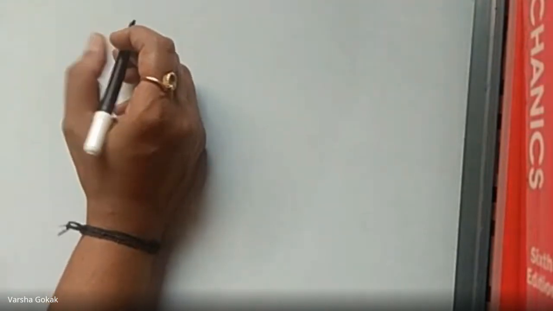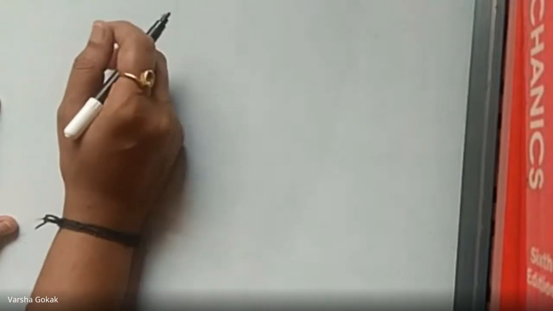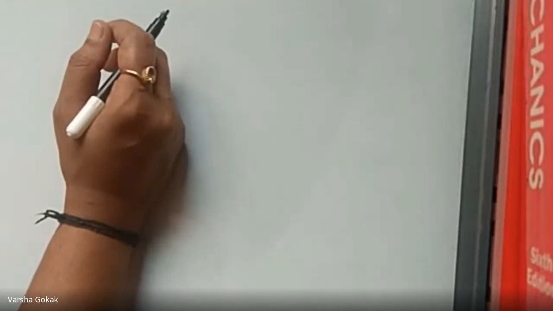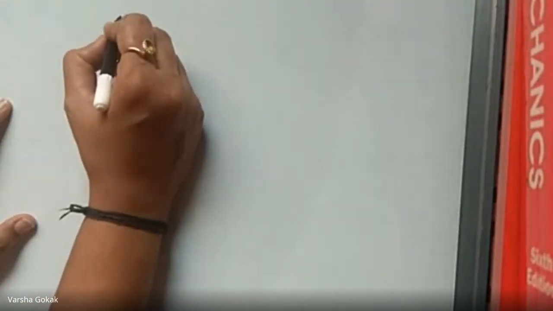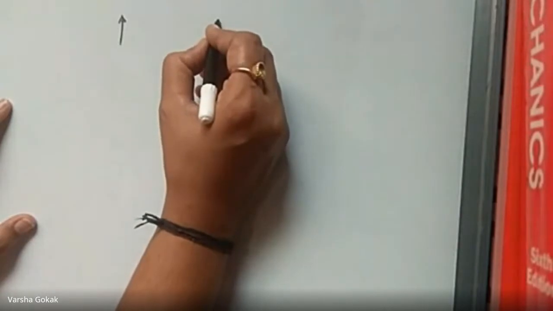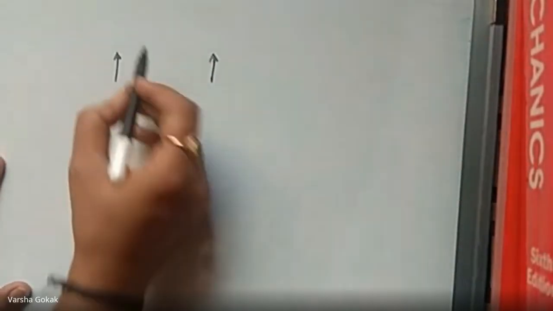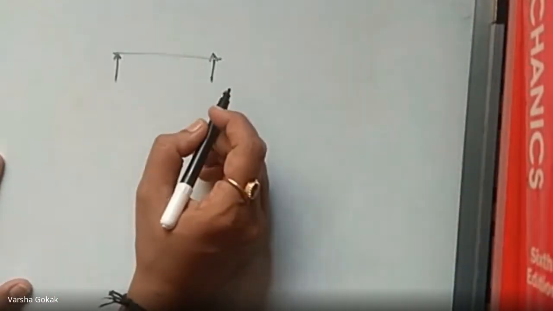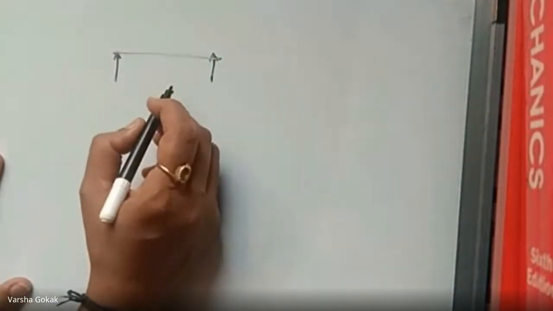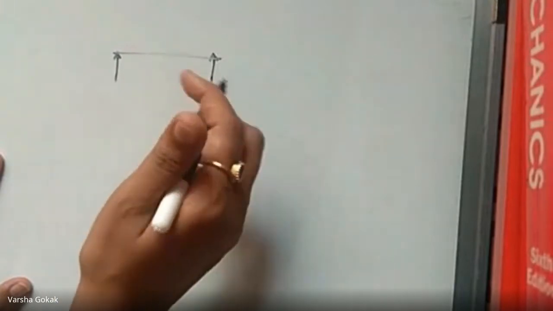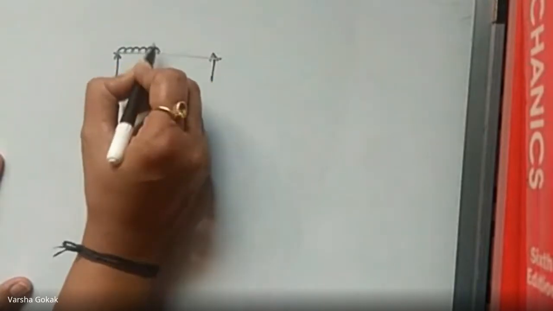Okay, here. A UDL of intensity 50 kilonewton per meter and of length 7 meter is rolling over a simply supported girder. So first I'll draw the diagram. There is a simply supported girder, the diagram is visible, something like this. A simply supported girder means a simply supported beam over which there is a UDL of 50 kilonewton per meter, like this. So this is going to be 50 kilonewton per meter of length 7 meters.